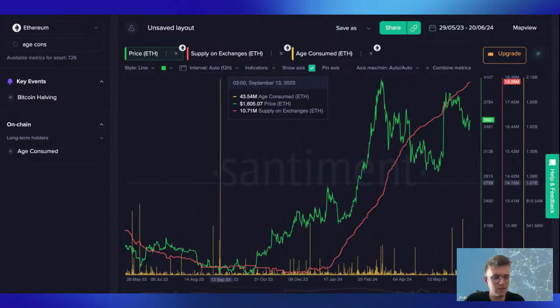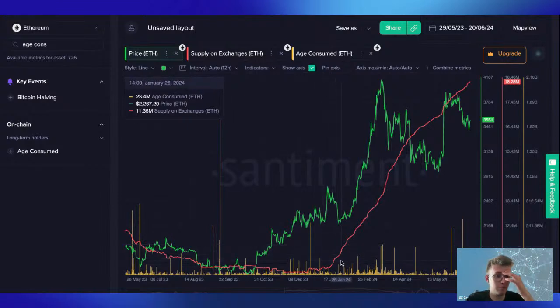I know that Grayscale has an average price of buying Ethereum around $1,800 to $2,000. It's the average price of their portfolio, and they have around $20 billion in Ethereum already stored. And also, as you can see, after the price started growing and the market began recovering, people started to return capital to exchanges, and exchanges themselves started to pile up Ethereum.